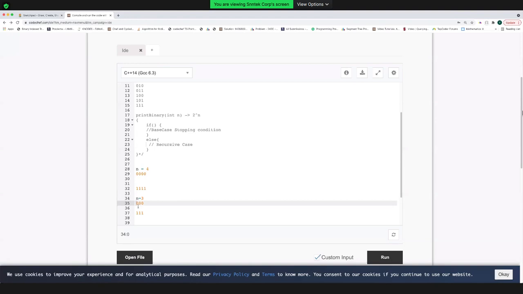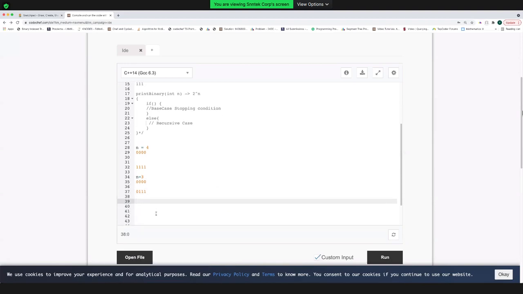Can we append a 0 in front of all these? And similarly, can we append a 1 in all these? And the union of both of them will give me the total number of cases.